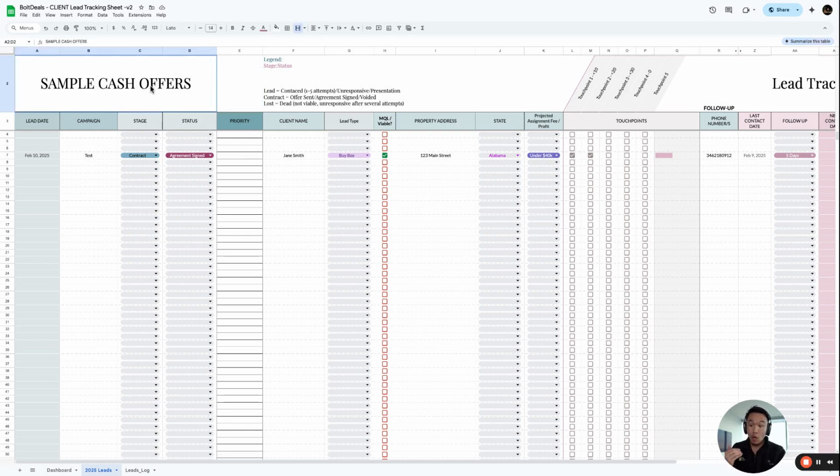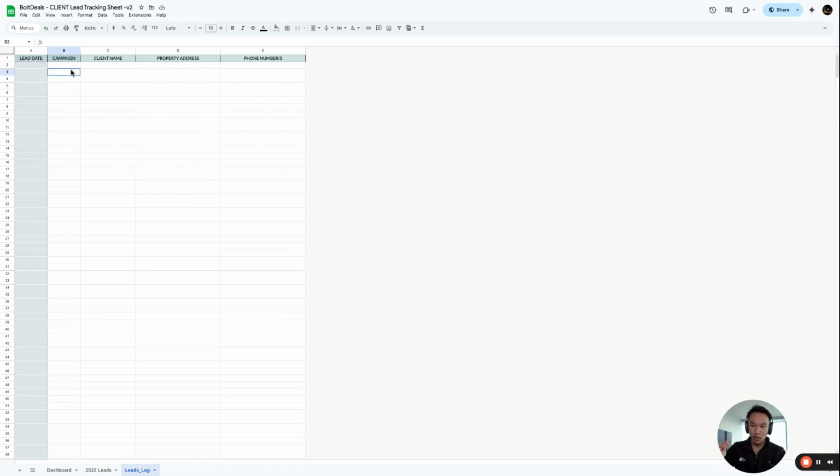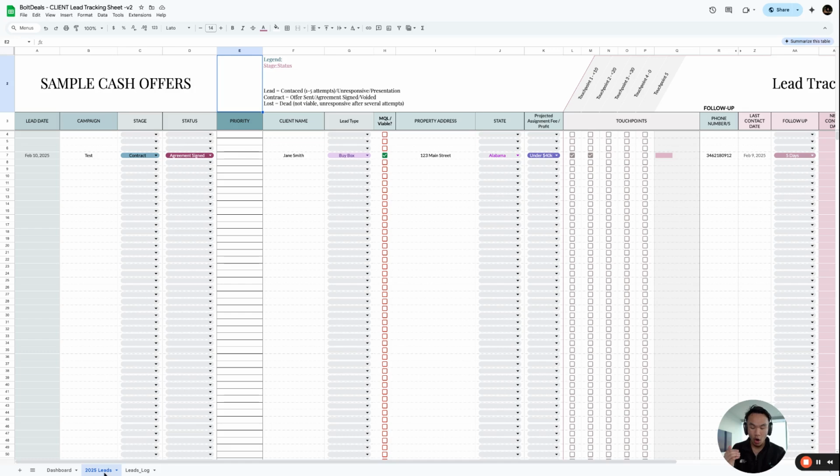And what we do is every single lead that comes in, we automate it to come into our lead log, right? So we see what day they came in, what campaign it came from, the name of the lead, address, phone numbers, right? So we can see each lead as they come in, and we would have the client. So this is something that we have for our clients where they would have to update the stages where the